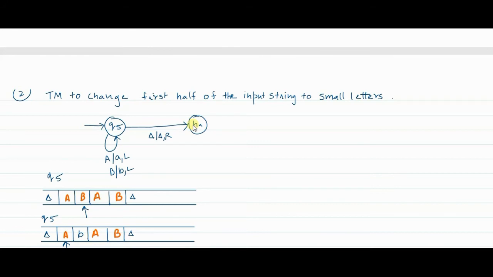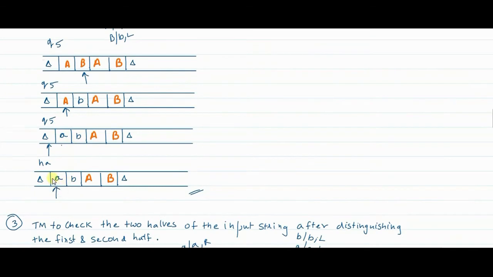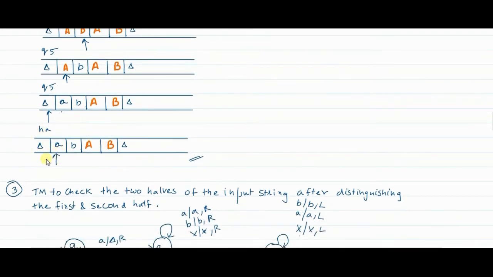So far, what has the Turing machine done? The first Turing machine checked whether the string was of even length, and yes, it was. Second, the input pointer was made to point to the middle of the string. Then the output of the first was given as input to the second Turing machine, which converted the first half into small case and stopped when the pointer was pointing to the first converted element of the input string.